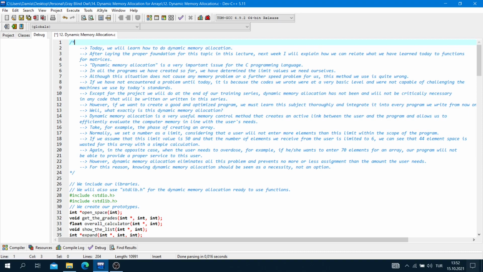However, dynamic memory allocation eliminates all this problem and prevents any more or less assignment than the amount the user needs. For this reason, knowing dynamic memory allocation should be seen as a necessity, not an option.